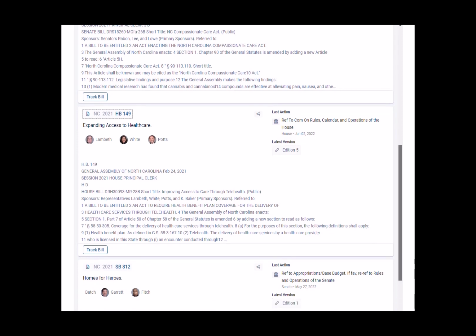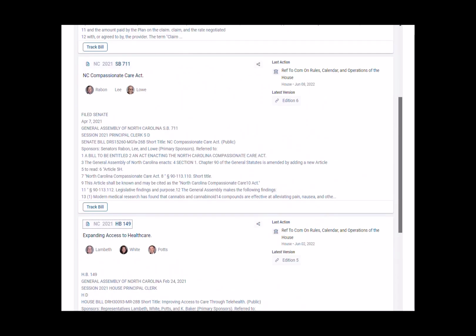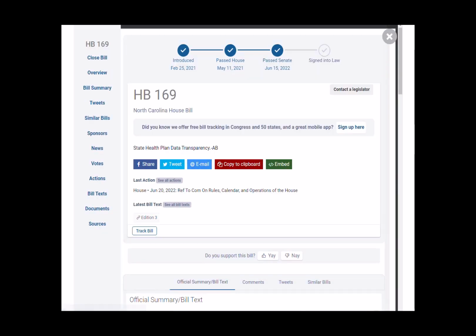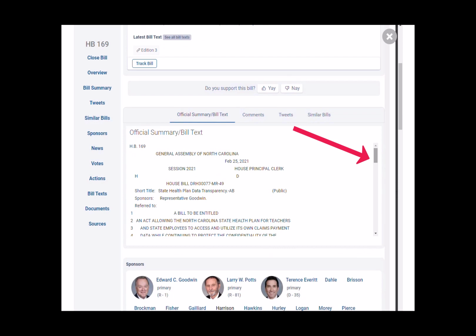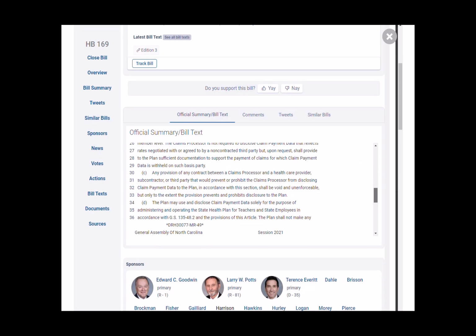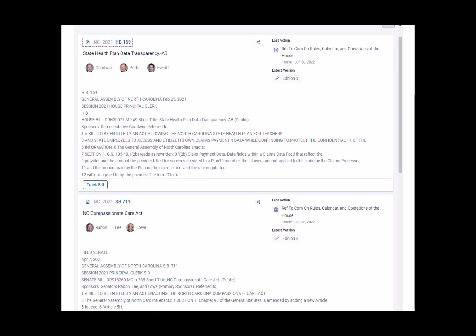We can then use the scroll bar to either continue moving down the page. We can also use the scroll bar to move back up. And if we wanted to, we could find a different bill, perhaps HB 169, as you can see in the upper left section. And if we click on 169, then once again, we return. And we can use our scroll bar to move down the page. And then once we find that inner scroll bar, this is where we can move beyond the summary and start reading the full text version of the bill and gather more comprehensive information, if you will. And then once again, in the upper right-hand corner is the X. Use that X to return to the NCRGEA